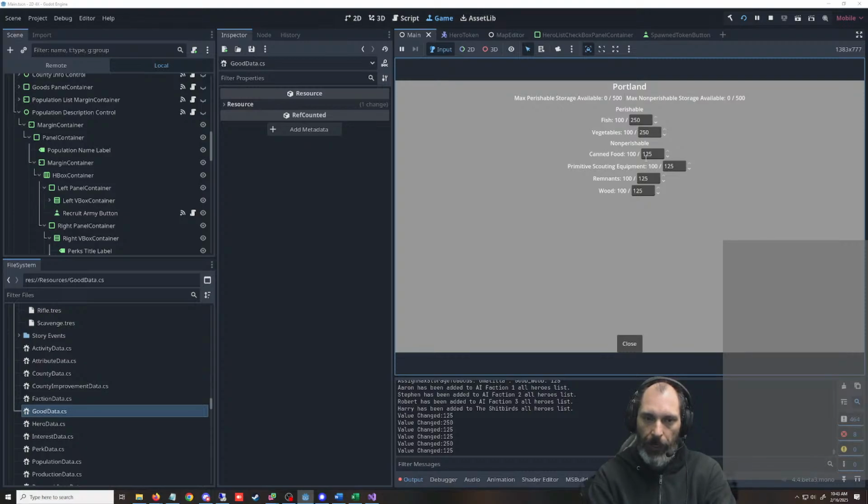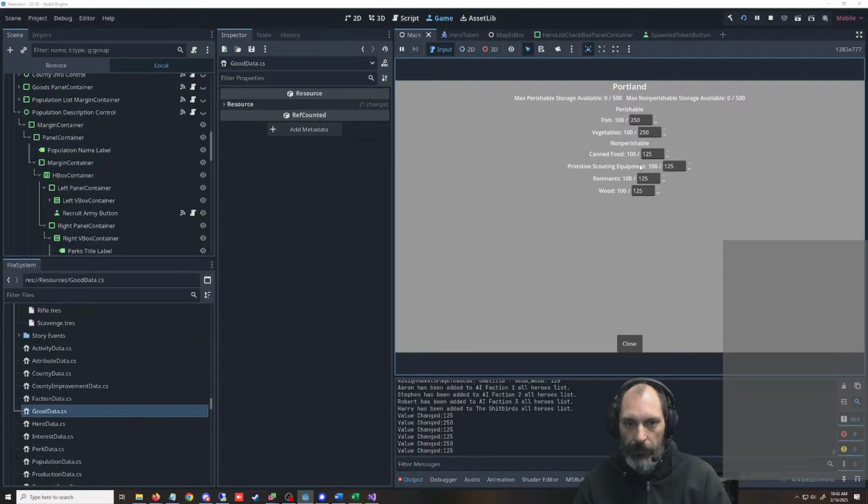We would look at the non-perishable list and loop through it looking for an enum of equipment type scouting equipment. And then we would have to have a number in there, which I think having another list would be, I'm going list crazy where I just have a list for everything.